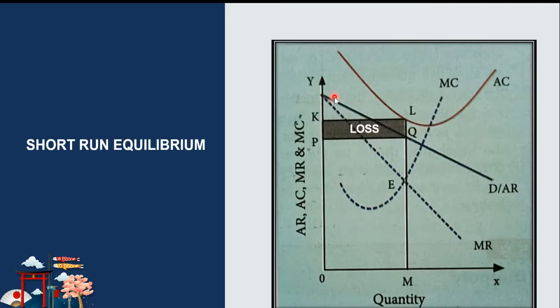or incur loss. But in the long run, there will be entry of new firms into the industry, and this will wipe out the supernormal profit earned by the existing firms. During the short period, the time limit is very limited. New firms cannot enter the industry, and the existing firms also cannot exit the industry. So during the short run, a firm will incur loss or it will make profit.